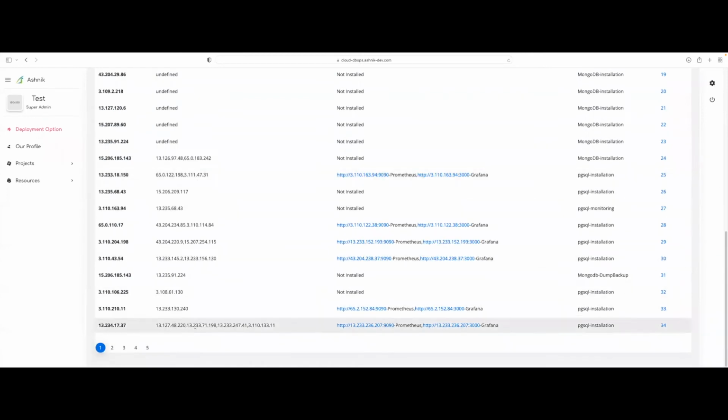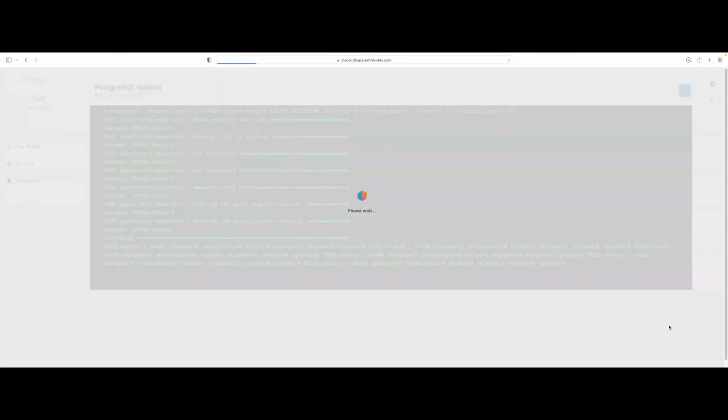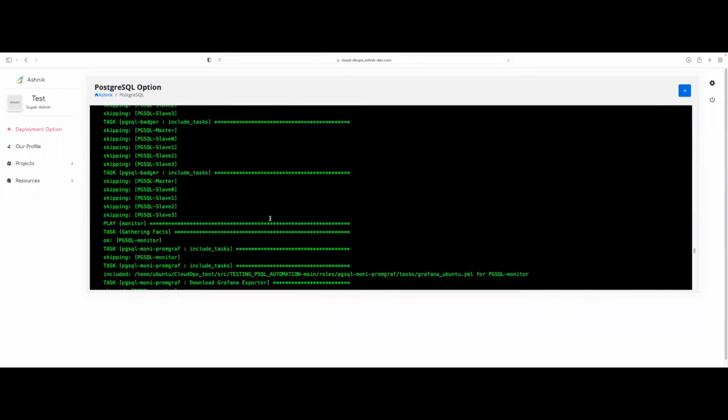And once it is completed, you will be able to see the next page with all the details: what applications you have used, what is the master, what is the slave, and whether the monitoring solution has been implemented, such as this, it has not been installed. And here you can see whether it is installed or not, what type of operation you have performed, such as installation, MongoDB, etc. And you can also see the logs, not only in the previous page, you can also revisit your audit trails by clicking on the number,